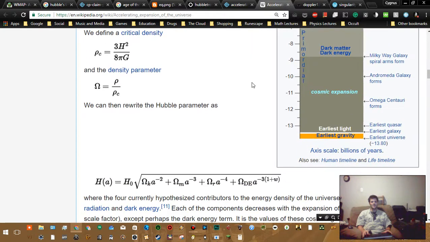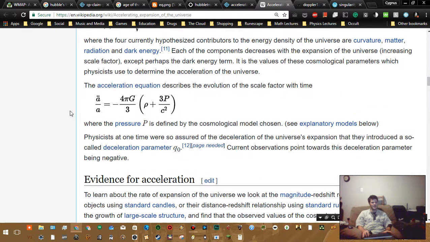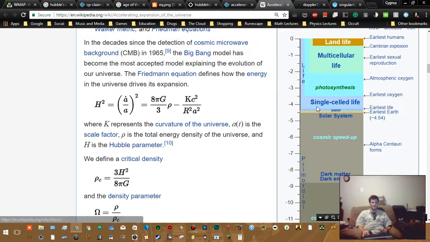Cosmic speed up happens when the universe gains weight. It starts contracting into denser and denser bits of matter instead of being uniformly distributed throughout space. So that causes things to want to move away from each other or something. There's something going on here. Dark energy, dark matter. That is a topic for the next one. And at the behest of a friend of mine, I'm going to start doing more and more information, observation, everything, into what this actually means.